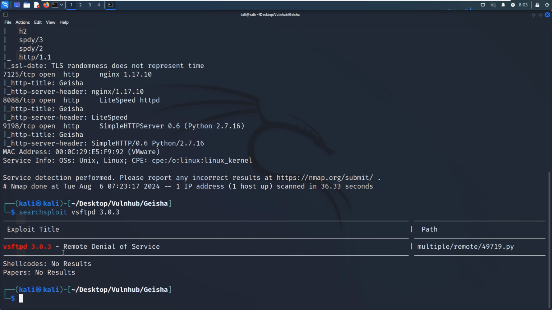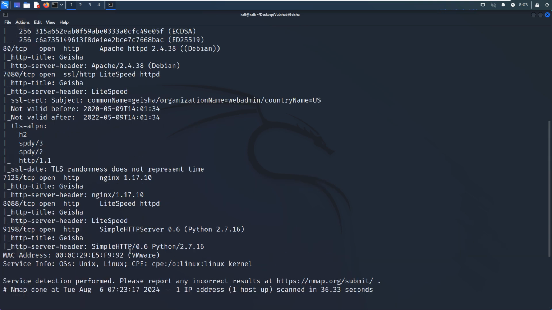Although here you can see one exploit, this one is a remote DoS exploit, denial of service, which is not what we want at this moment, because our goal is to get the root shell and retrieve the root flag rather than knock down the machine.